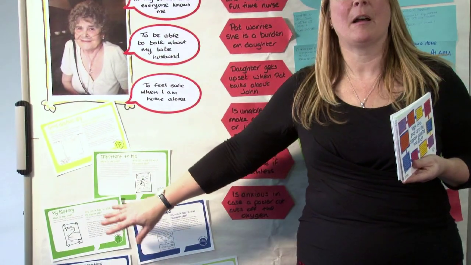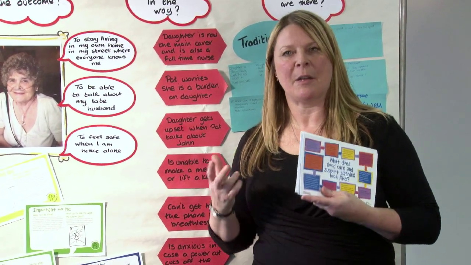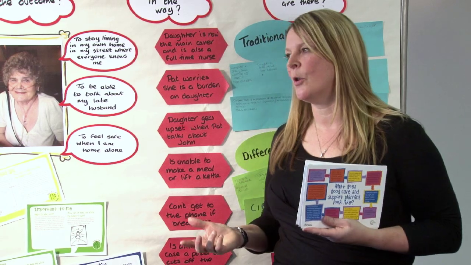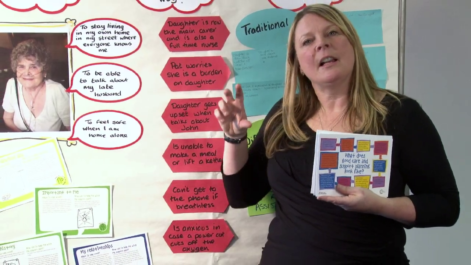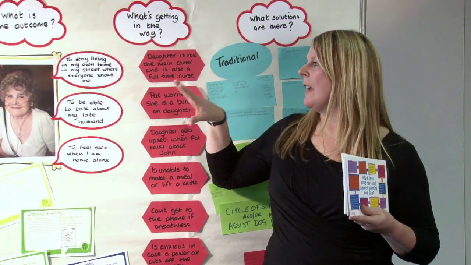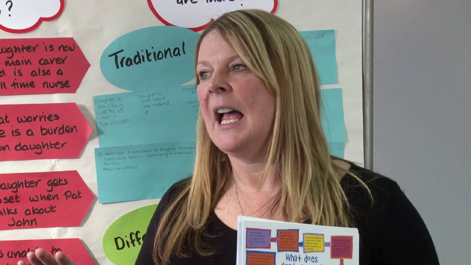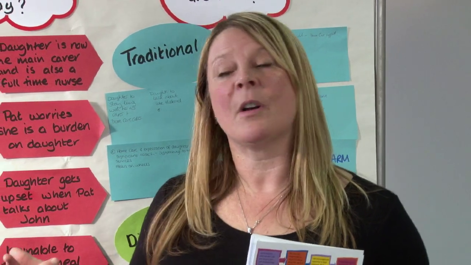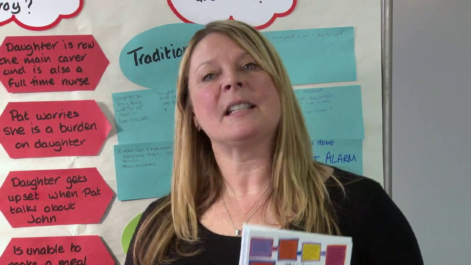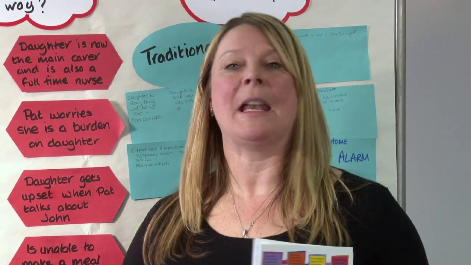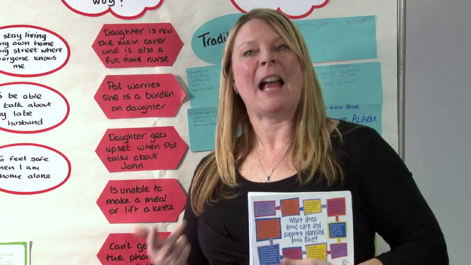We also needed to think about my mum's history. So what were the milestones in her life that actually might be useful to pay attention to while we're capturing a support plan. We also thought about the relationships that she had. So if she was wanting to stay living in her own home in the street where everybody knows her, then we need to think about what community resources she's got. And actually, when we did that, what we realised was her next door but one neighbour, Beatrice, popped in every morning anyway. So we asked Beatrice how she would feel about coming in and making my mum her breakfast so that she could have her medication, and in return she could have a breakfast with my mum.